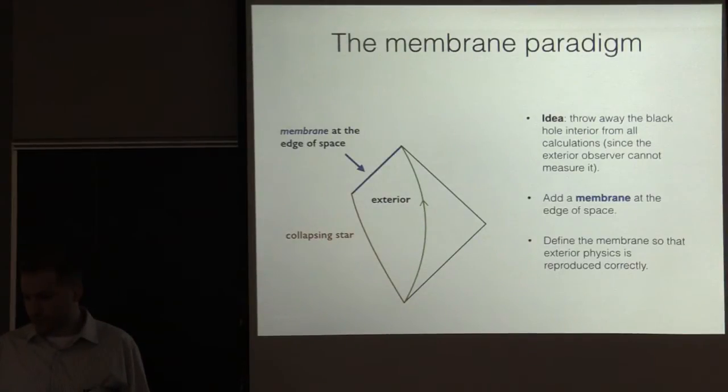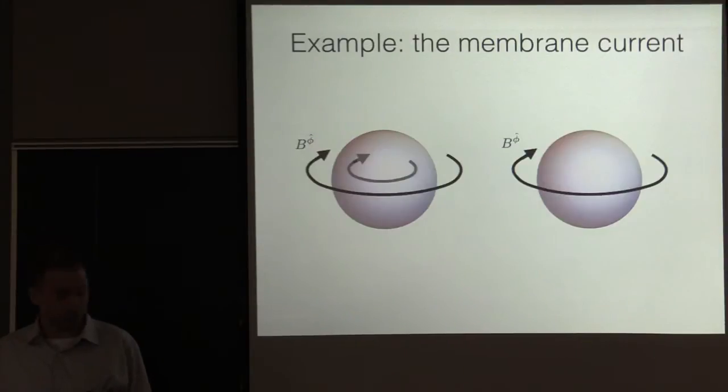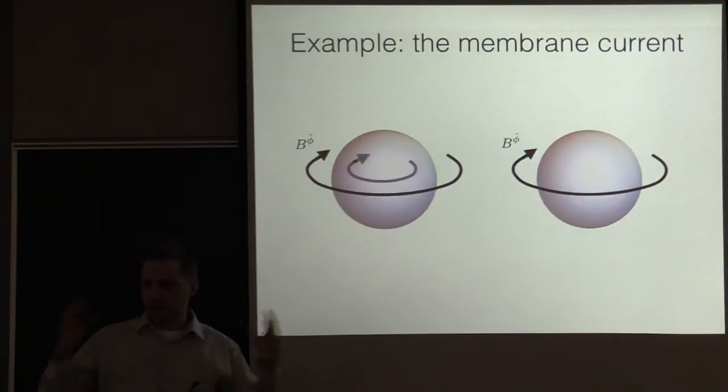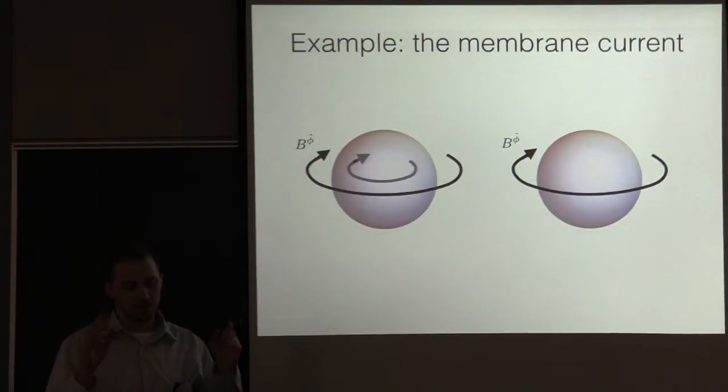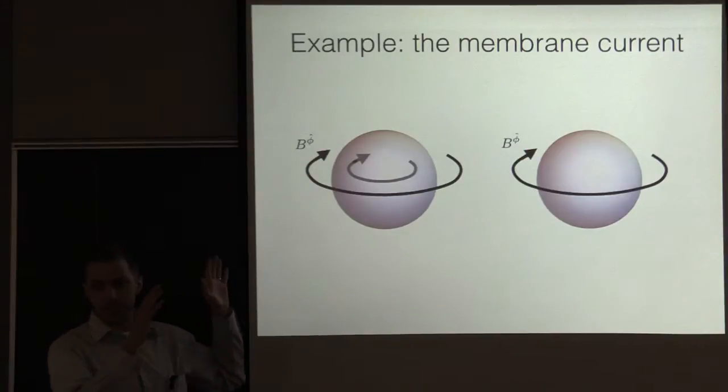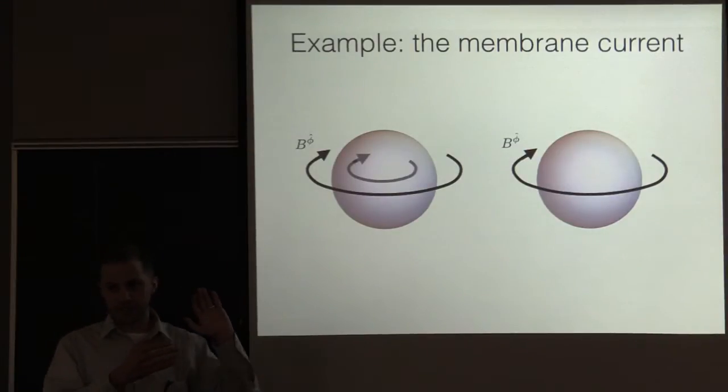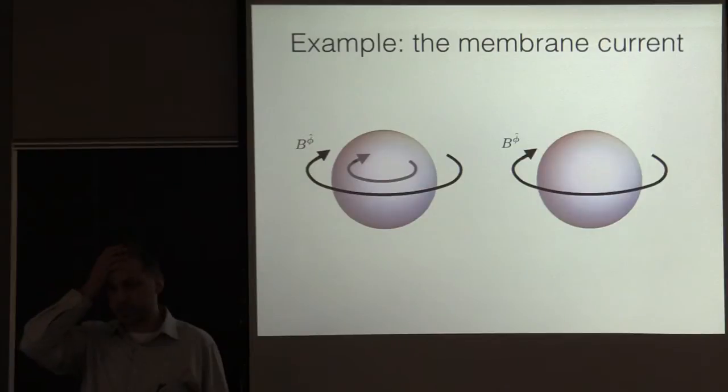So let me give you an example of why you'd be led to add this extra membrane when you're working on this space-time that ends at the event horizon. You're not talking about the interior. So here's a problem that comes up in astrophysics, and it'll come up a little later when I talk about jets. Here I'm thinking about a black hole immersed in a magnetic field. And so I've drawn this toroidal magnetic field. And in the usual thinking, there's nothing special at the event horizon. And so the magnetic field just continues smoothly into the black hole interior.